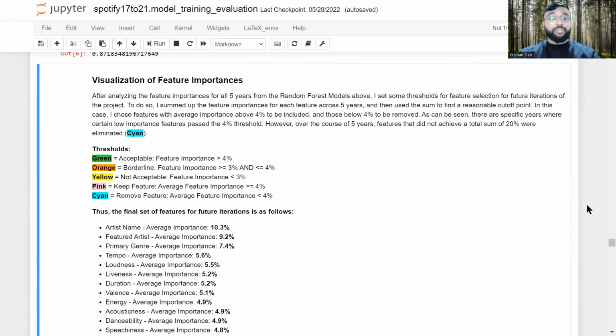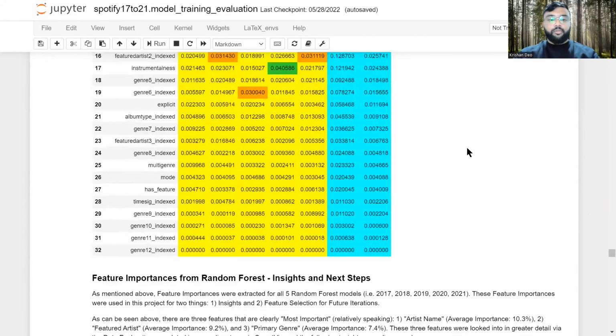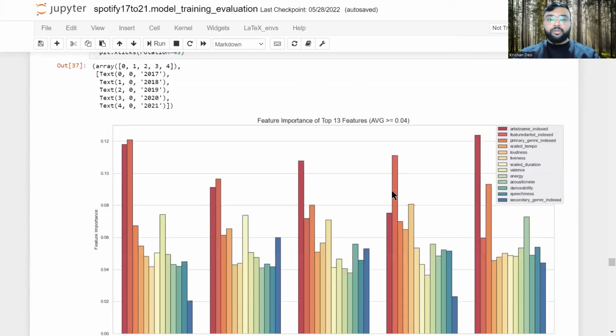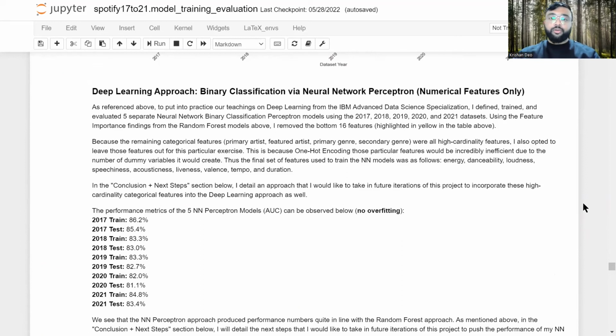And here's a visualization of the feature importances. As you can see, these in pink were kept for future iterations of the project. Some insights from the feature importances, the visualization of the feature importances, and finally we get into the neural network